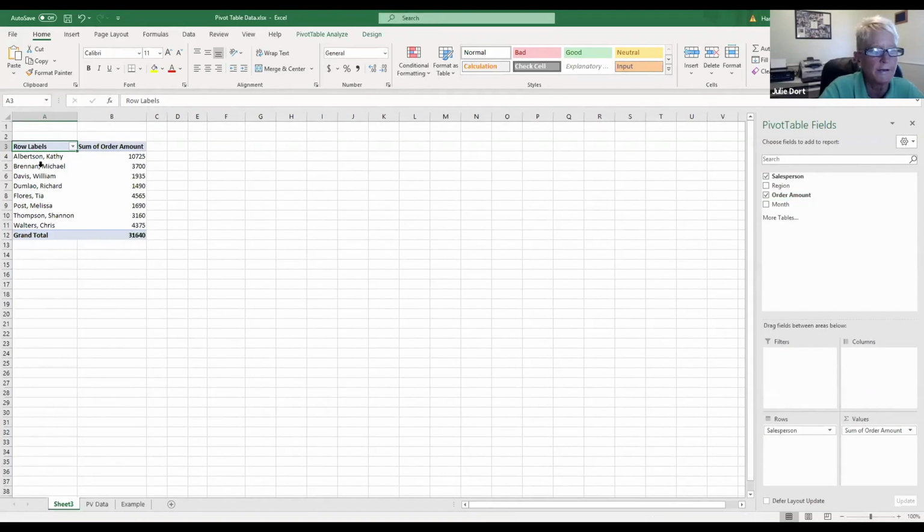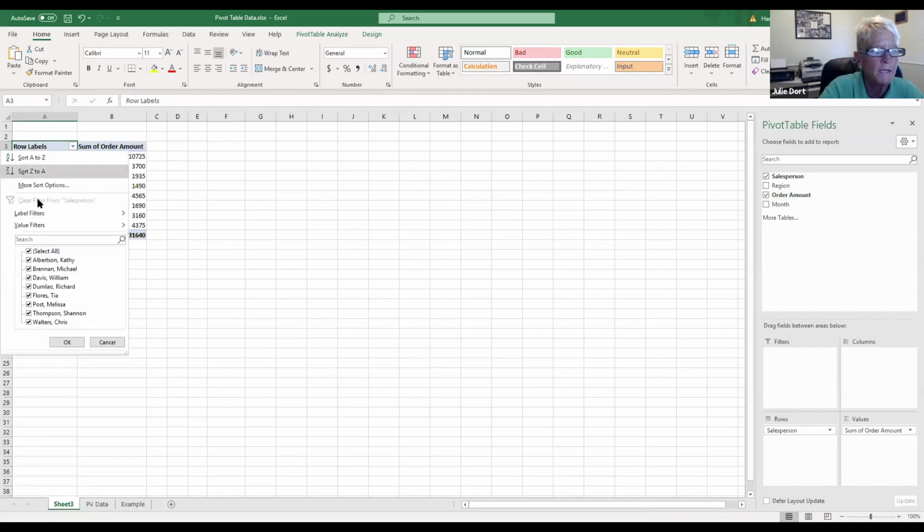So when I select my salesperson and the sum of the order, I now have all of that data over here. If I want to focus on just a couple of different salespeople, I hover my mouse over the down arrow where it says row labels and click, and it gives me a filter. So I've got a couple of different options. Right now, I can sort from A to Z or Z to A, or I can